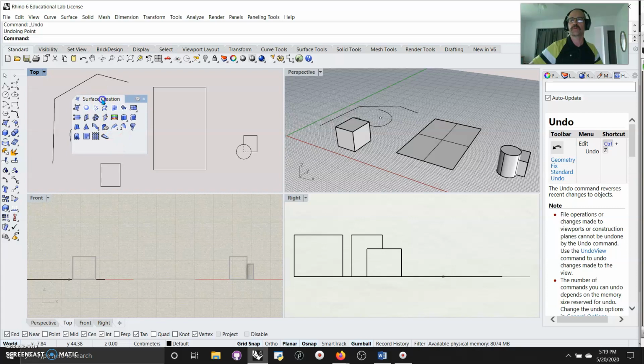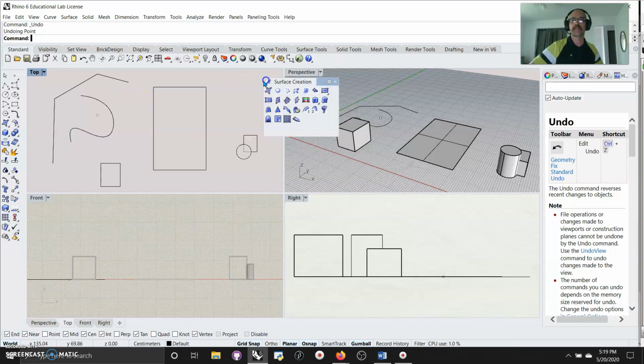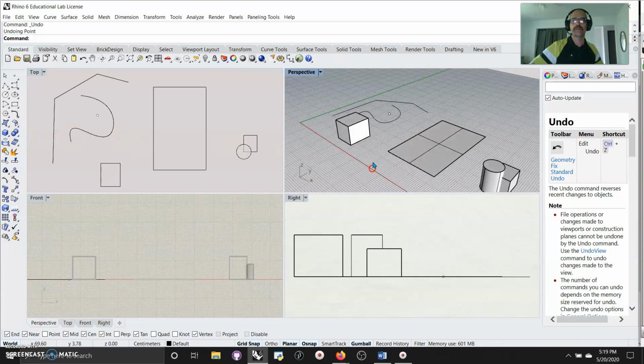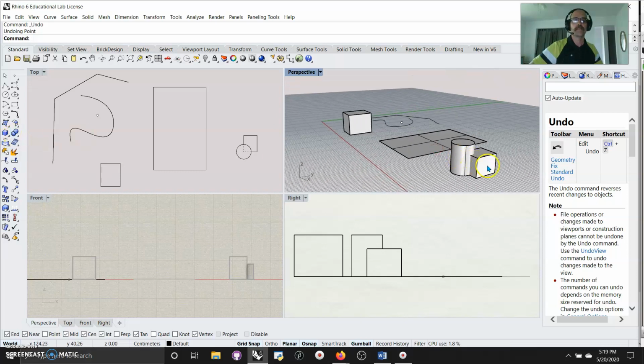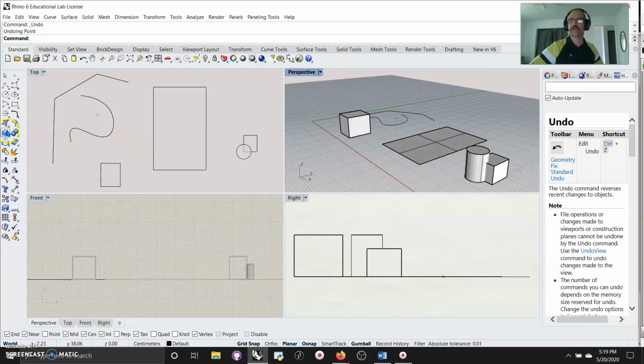You can actually pull those out and have them right on your desktop if you want to work with them up here, and then disappear and put them back in. So you're going to deal with points, lines, surfaces, and then get into solids. And I did draw up a couple of solids here. I drew in a box by just clicking it, and then I actually brought in a box and a cylinder to show you that not only